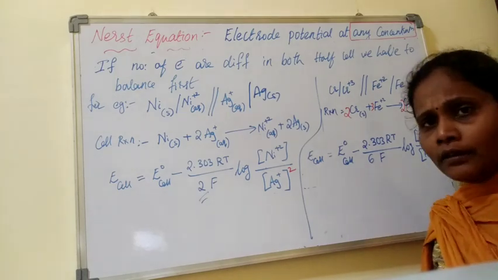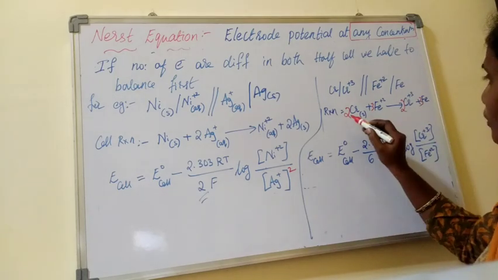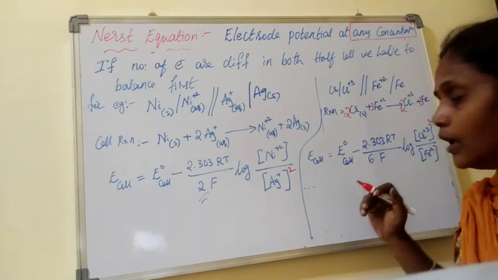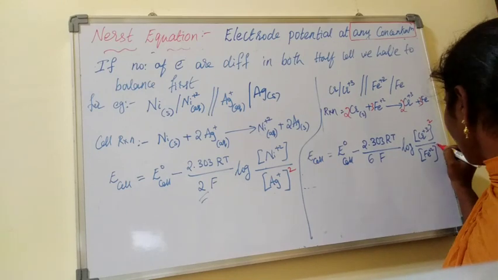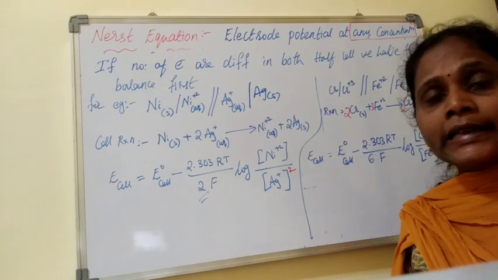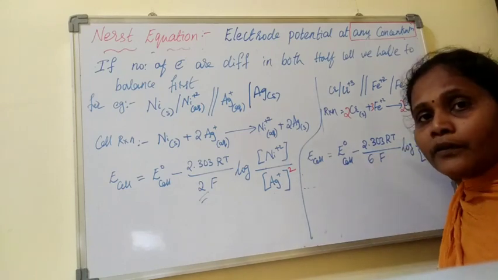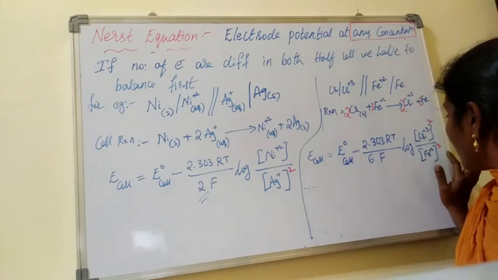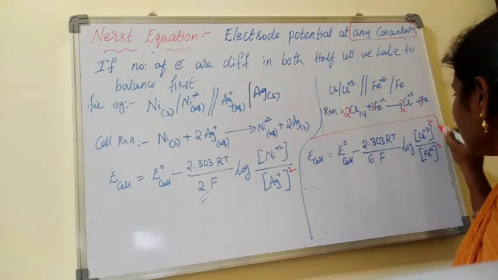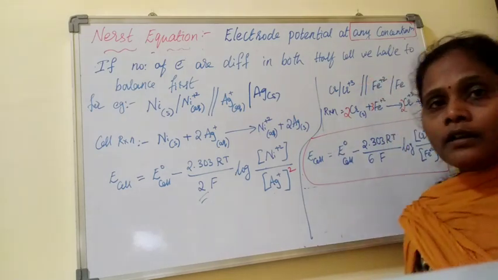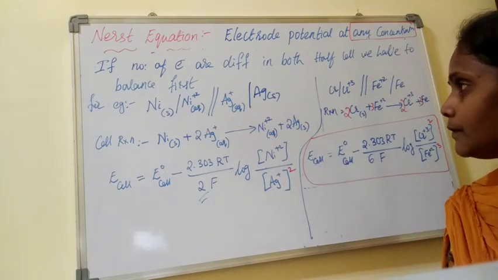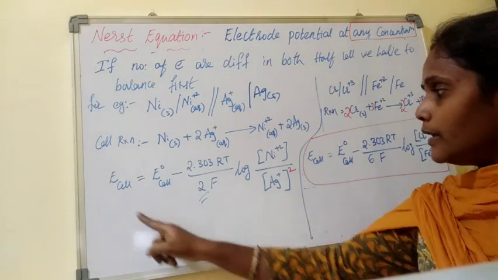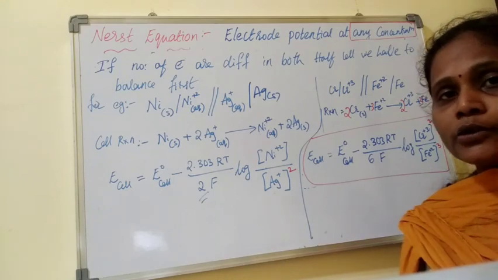But this is not enough again. You have to write it properly. How many chromiums are there? 2. Therefore here it will be squared. The quotient changes. I mean, raise to the power 2. Then iron, how many? 3. Therefore, raised to the power 3. That means when you are calculating, if it is 0.1 molar, you have to do 0.1 into 0.1. If it is 0.01 as given, you have to do 0.01 into 0.01 into 0.01. Then this will be the Nernst equation for this electrochemical cell. You practice different cells and you will understand how the Nernst equation can be written for a different electrochemical cell.